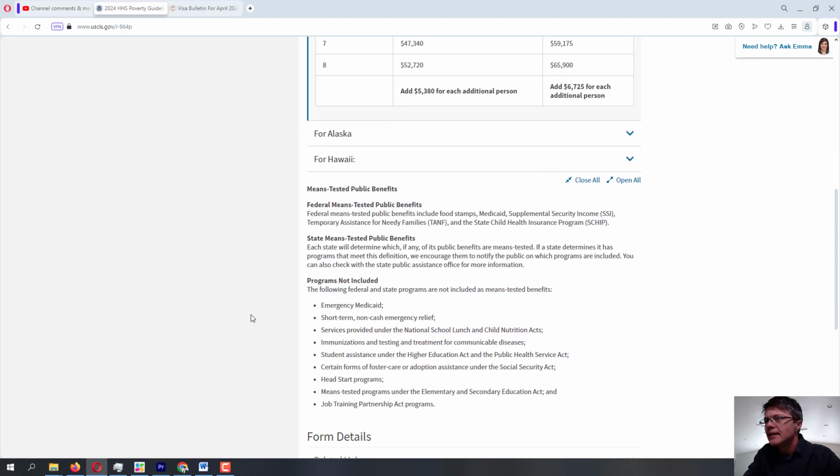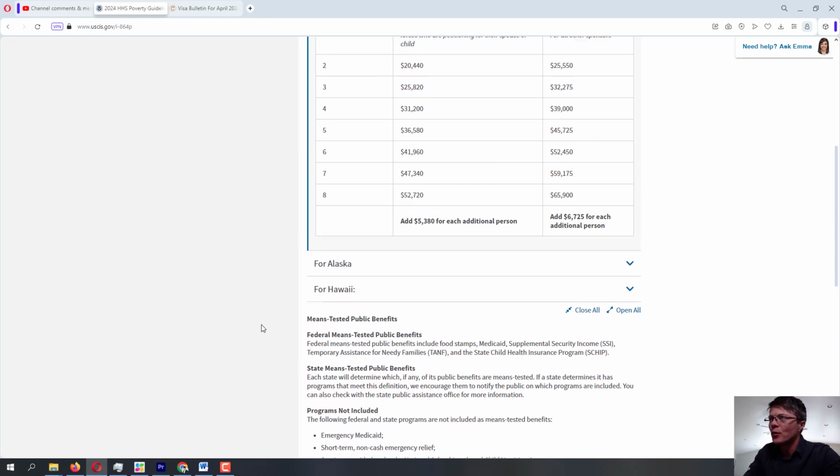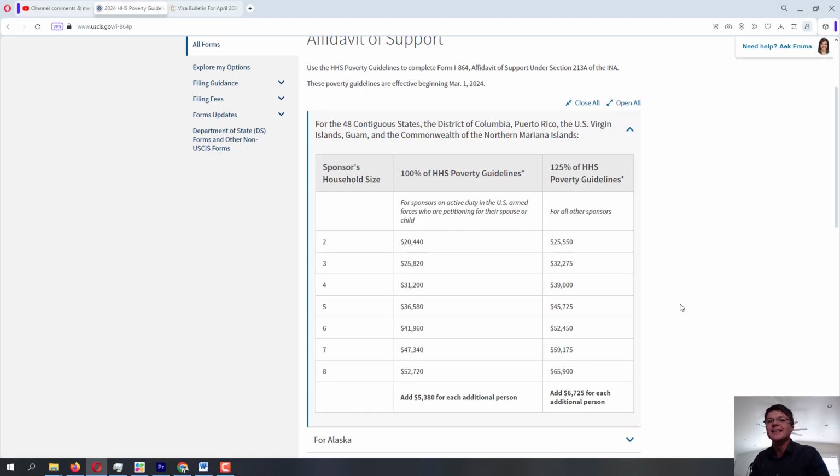Let's see. I do like to corroborate my answers with the actual information from the official sources. In this case, USCIS. It doesn't say here, but whenever it comes to stuff like this, it is gross income.